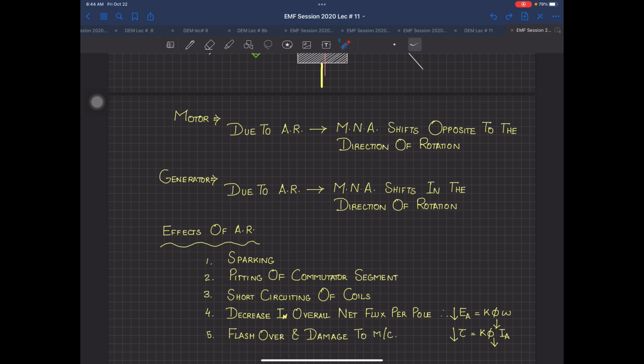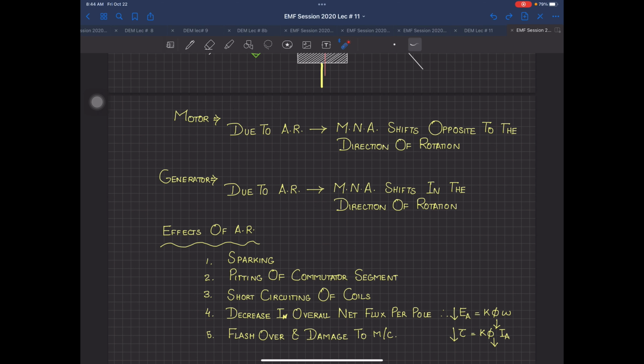So this creates a big problem. Shifting of carbon brushes is now obsolete. After the 1920s or 1930s, this method of remedy was taken back. Why? Because one person had to stand there constantly and take control of how much current was going, and he was told this was the angle, so he had to shift those carbon brushes again and again. So this was a very big problem at that time.